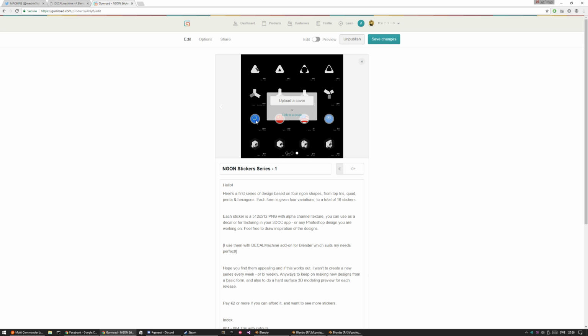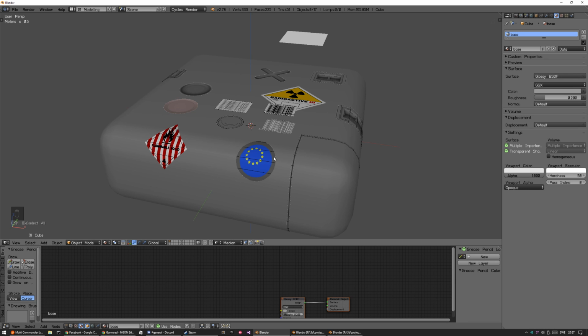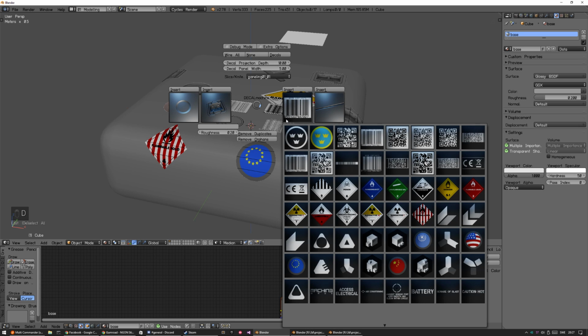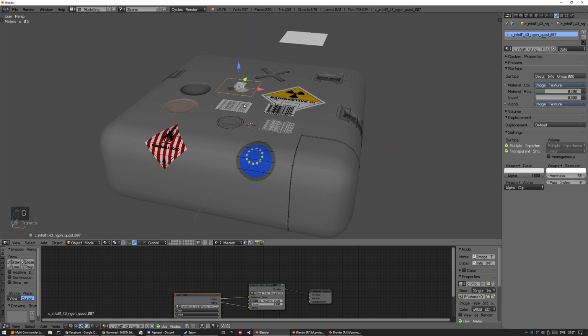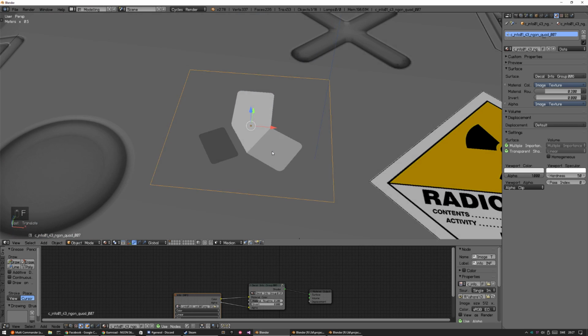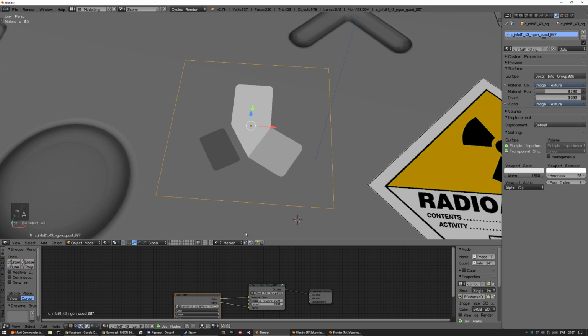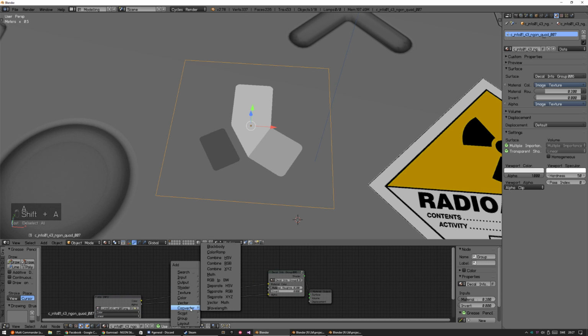I did all these as logos or icons just for fun, and I did everything in Blender, so I can open the source file, but I'm just going to show you one of those decals and how you can use it if you get it. I'm trying to use just grayscale for most of them, not these flags, but like this one. And if you check here at the material color, you can just throw in a color ramp,